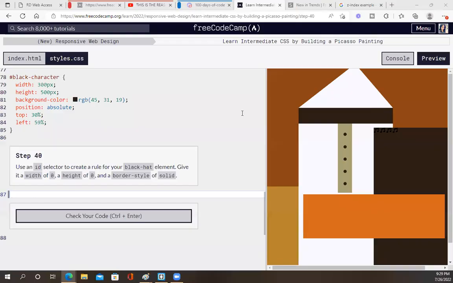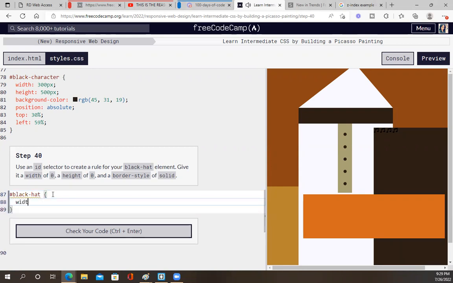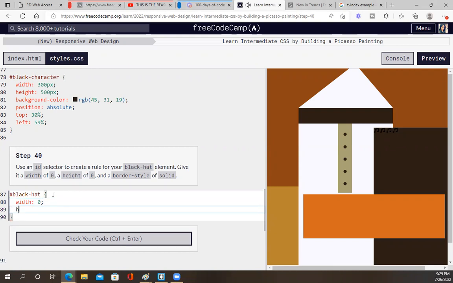Okay. Use an ID selector to create a rule for black hat. Too easy, you guys. Height